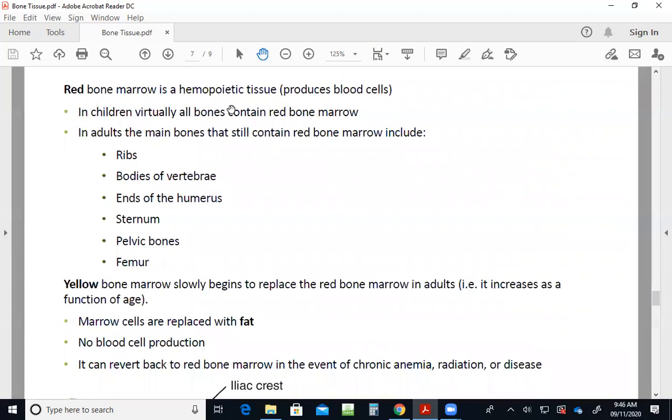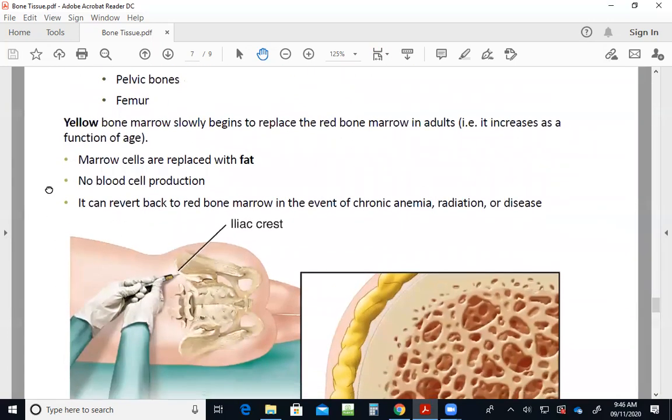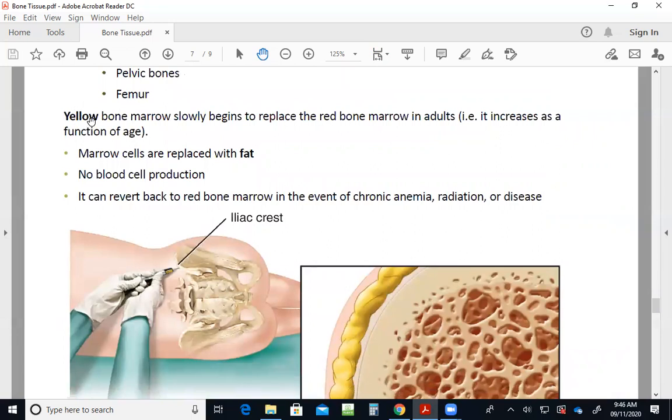In children, virtually all bones contain red bone marrow. But as we get older, the number of bones that carry this red bone marrow starts to go down. So what we're left with as adults are bones which include your ribs, the bodies of our vertebrae, the ends of the humerus, the sternum, pelvic bones, and the femur. That's because as we get older, we replace that red bone marrow with yellow bone marrow, which is